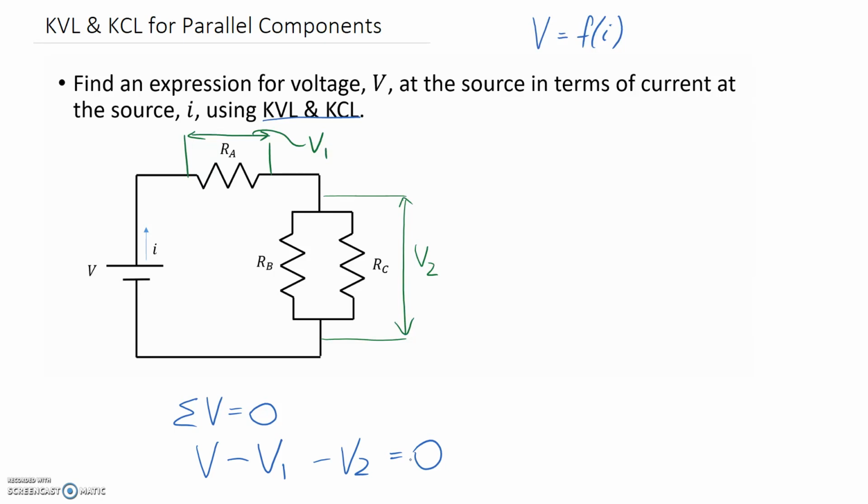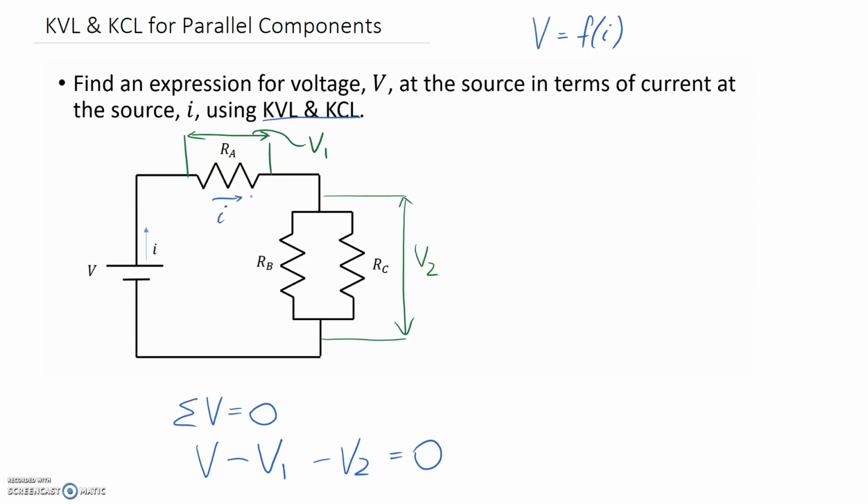So the next thing is to try and figure out how we can get I into our equation, since we want V as a function of I. And that's really going to happen by looking at Kirchhoff's current law. So let's look at the currents that are happening around our system. So we know I is the current that comes out of the voltage source. And then because this is directly connected, I would expect that we'd have the same current